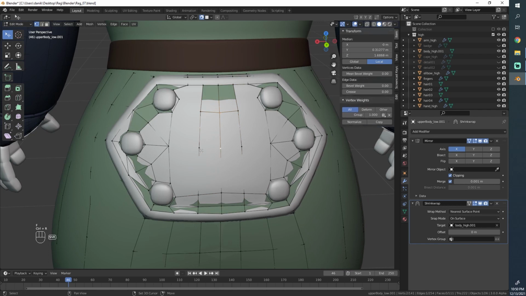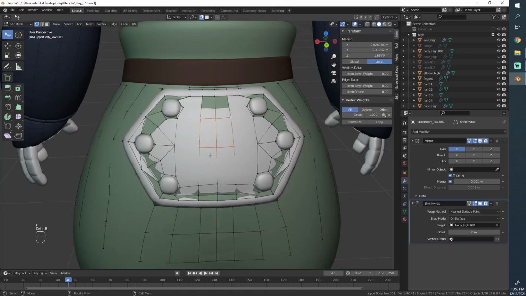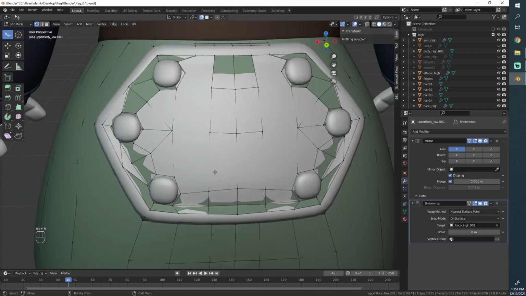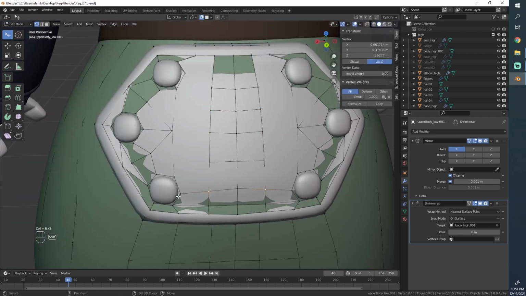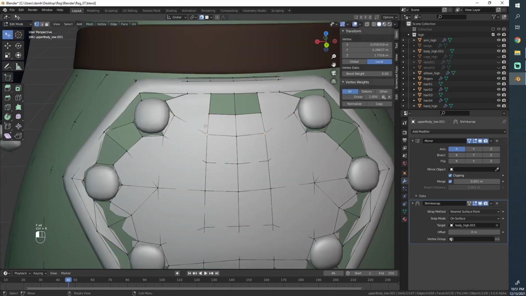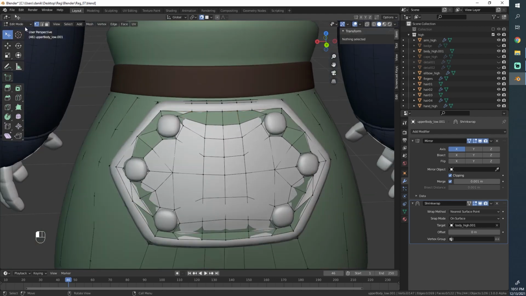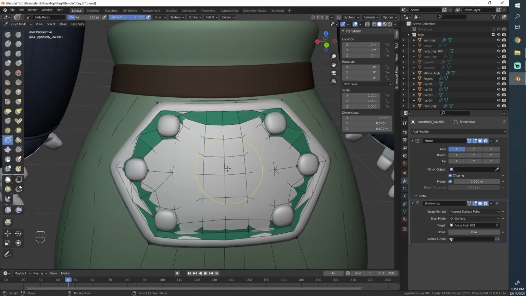I always like to have one loop down the middle that is fully connected. So you can see now you can cut it in the middle like this. So I think that's important. And you know what, let's just go and subdivide a few more times. I think that will be the most straightforward answer. I think we didn't do this one yet, so alright, that was a bit of a complex part, but you see, it's a puzzle that we had to solve.